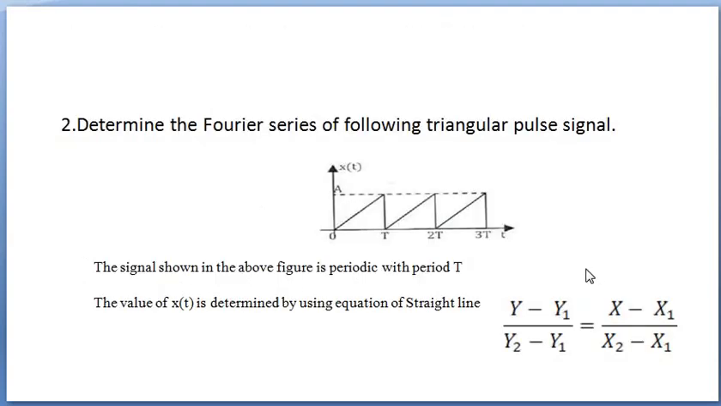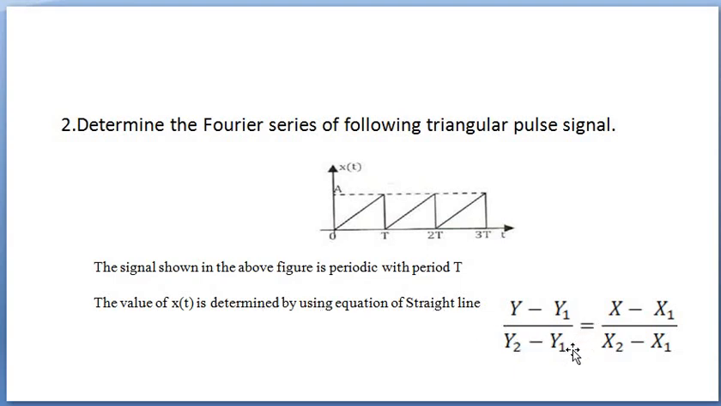Determine the Fourier series of the following triangular pulse signal. The triangular pulse has an amplitude A and its fundamental period is T. Here, for the triangle function, first we are going to determine the signal x(t) using the equation of a straight